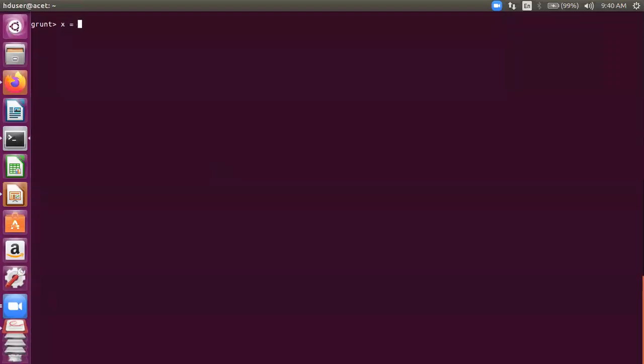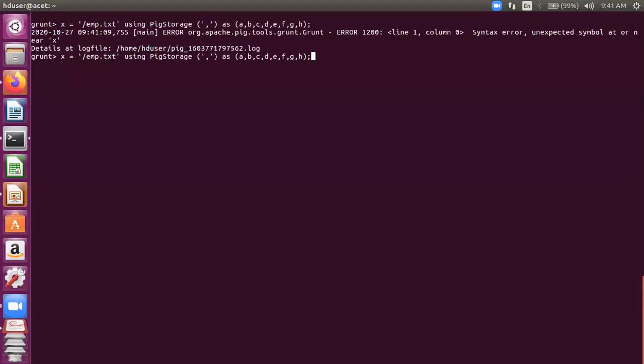Let's load our M file, which is located in the root of the distributed file system, and mention comma separated values and some schema, mentioning the 8 columns as A, B, C, D, E, F, G, H. Yeah, we missed something, I suppose.